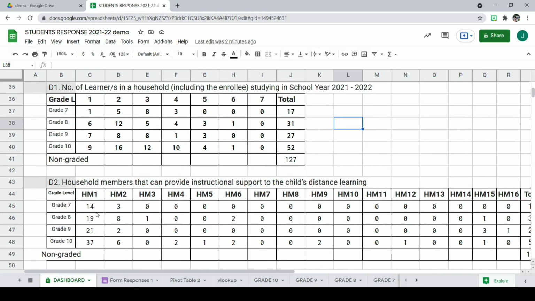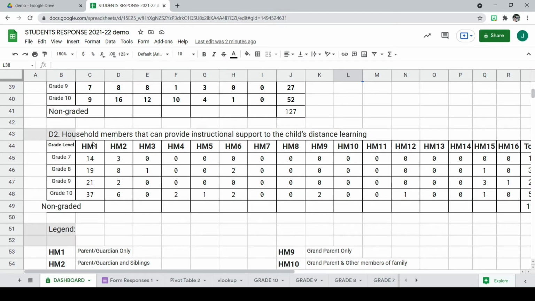Next is, let's have the D2. D2 refers to the household members that can provide instructional support to the child's distance learning. So, what did I do is that,